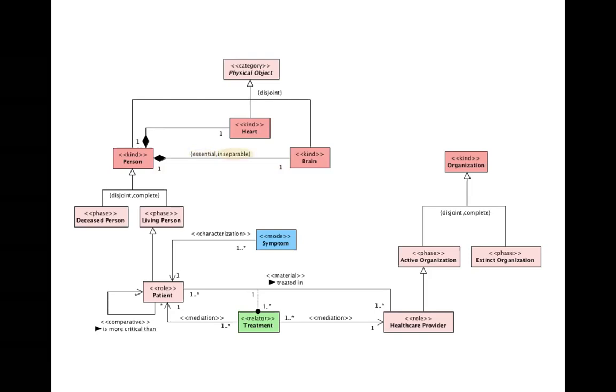And in this case, brains are also inseparable parts of people, in the sense that brains must be part of that particular person in every situation in which they exist. So a kind of existential dependence in this example, both from the whole to the part and from the part to the whole, right? In this case, there should be some relation between the identity of the person and the identity of the brain, for example. Like, you know, a brain transplant would be a body transplant because your identity is connected to your brain in this example. So the language would make this model distinctions not only in types of entities, but in types of